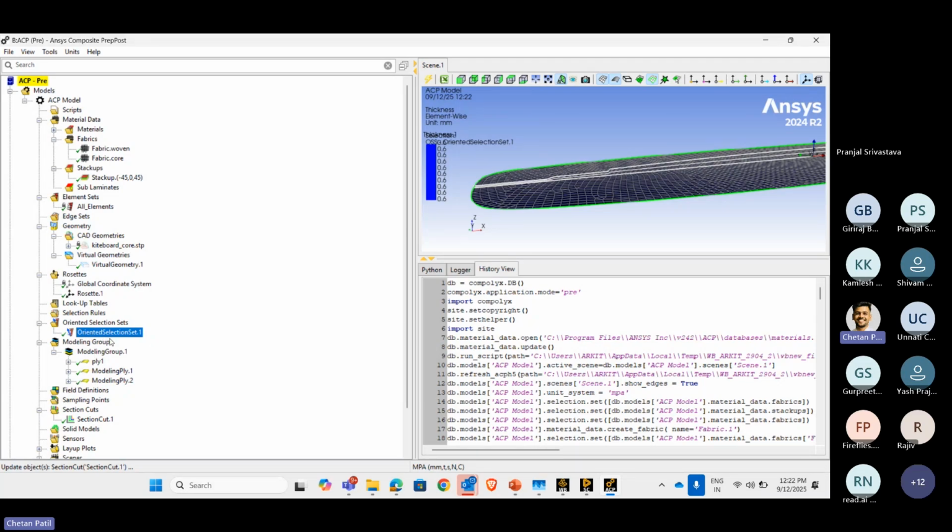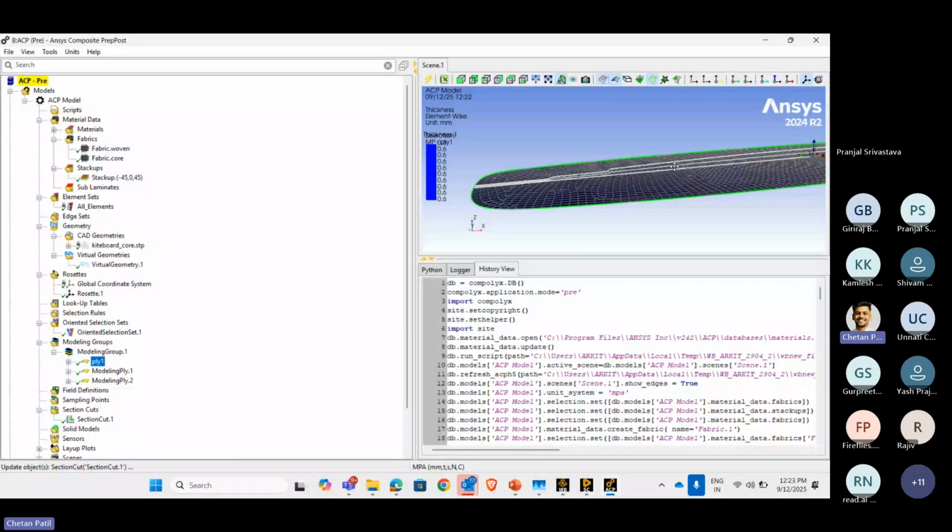Then once these things are done, you will create a ply using all those things, and you will select the sequence of how the ply should be applied on your model. So first you will have a ply that you have created with respect to the stack up layers. Then the second ply is your fabric core with respect to the varying thickness that you have defined. And the third one is another stack up ply that you have applied, so that the core will get covered within it, and there will be more strength provided due to the core to the overall body